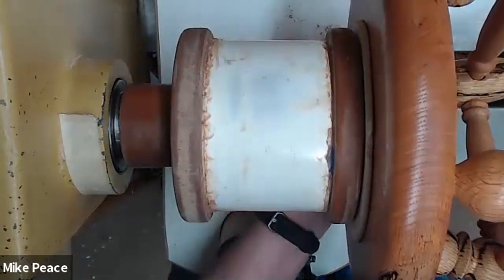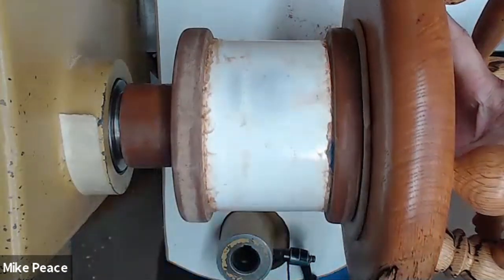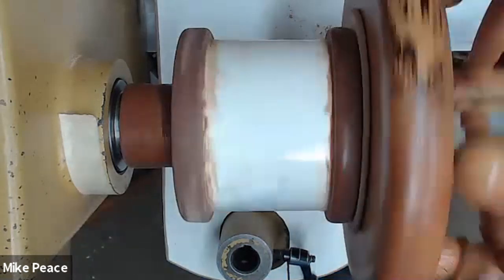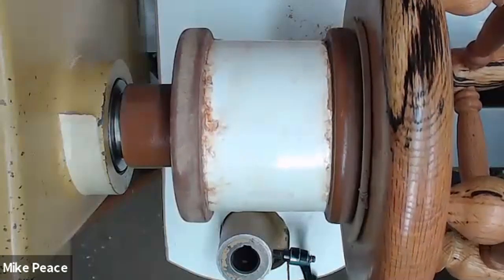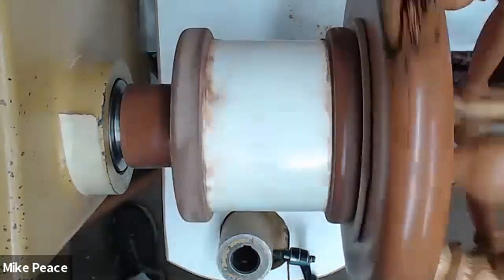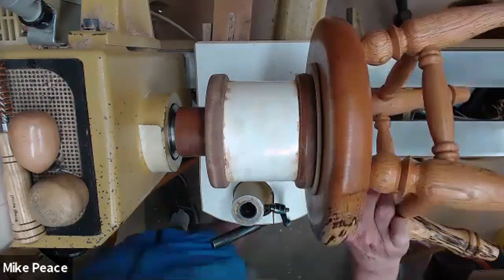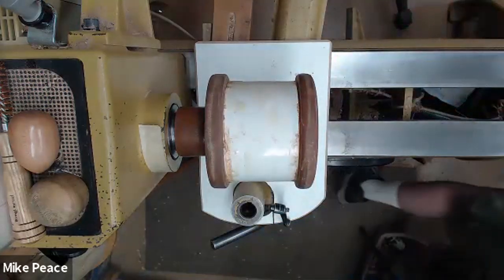And this is red oak, so red oak is fairly porous. Now I'm drawing 22 inches of mercury. Now if I get over here and grab this thing, it is not coming off easily. I might be able to jerk it off. There's no practical application for me turning a stool other than just to dramatically show that it gives you a pretty